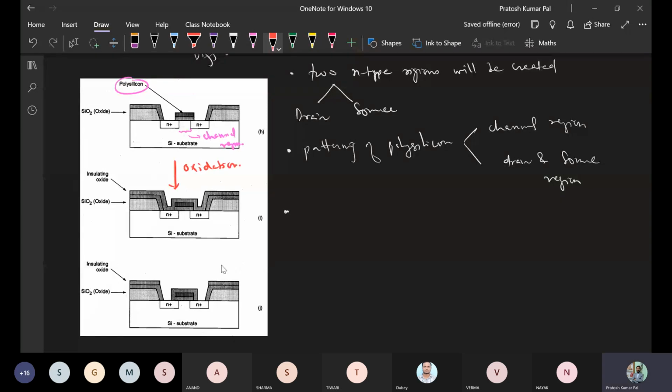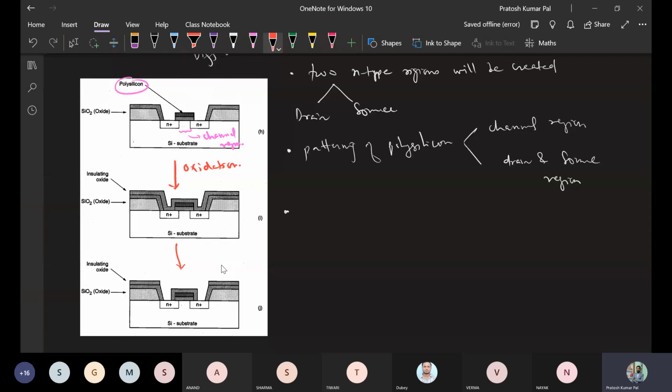This oxidation will deposit another insulating oxide layer. After deposition of the whole layer, we will again perform etching, and this etching will remove the selected portion of the doping that we have made for source and drain, so that we can make the contact.